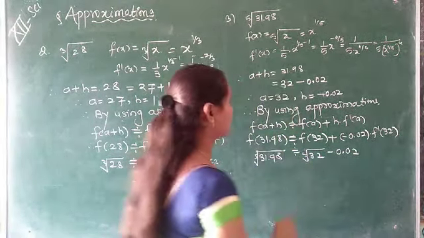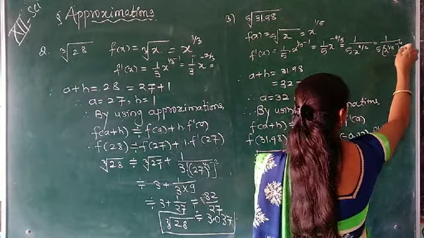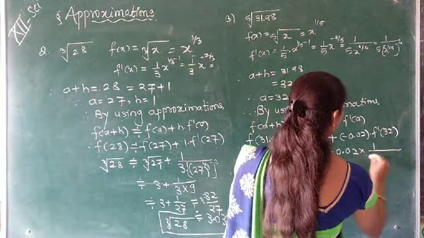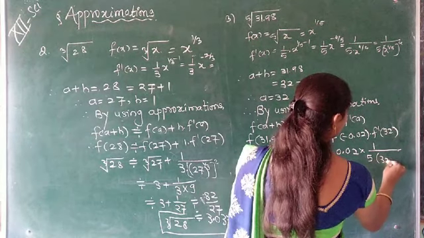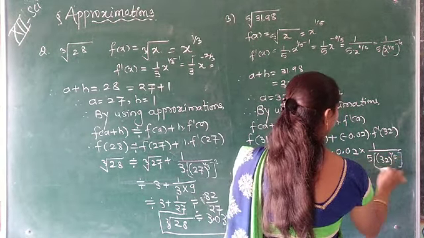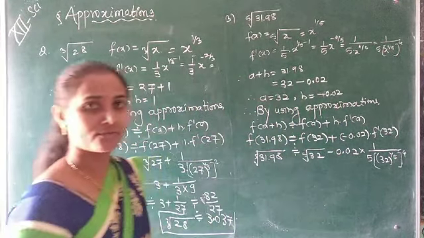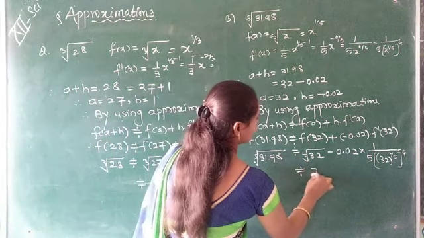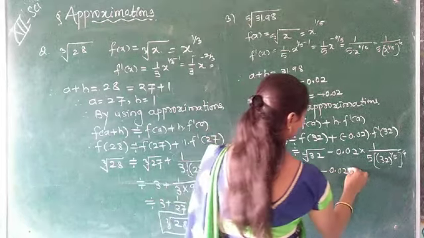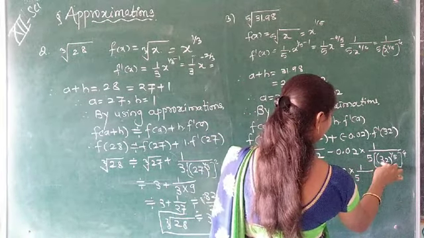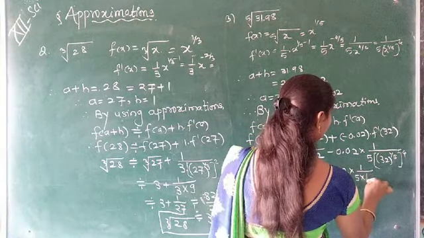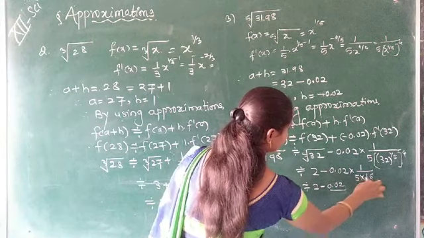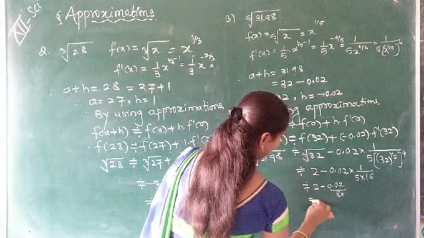Again see what is f dash of x? 1 upon 5 into x raised to 1 by 5 raised to 4. Here value of x is 32. Since we write into 1 upon 5, value of x is 32 raised to 1 by 5 and whole bracket raised to 4. 4 by 5 can be written as fifth root raised to 4. We know fifth root of 32 is 2 minus 0.2 into 1 upon 5. Fifth root of 32 is 2 and 2 raised to 4 is 16. That means it is 2 minus 0.02 and 16 5s are 80.